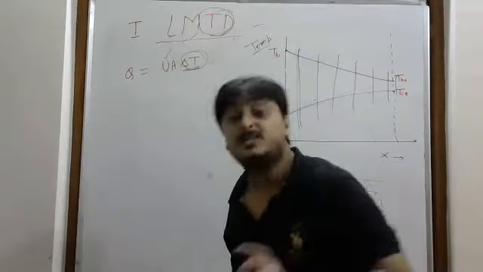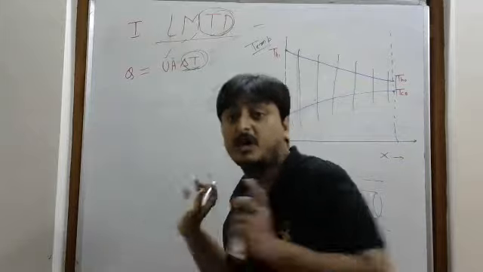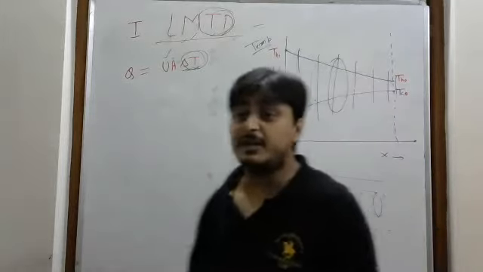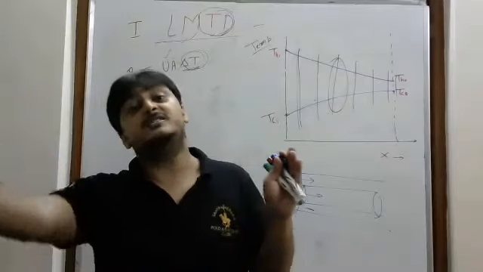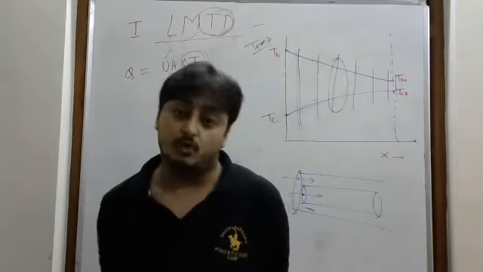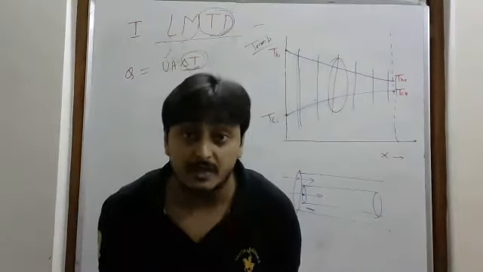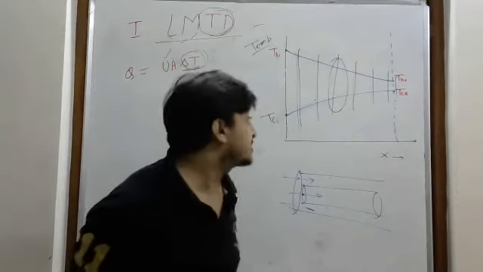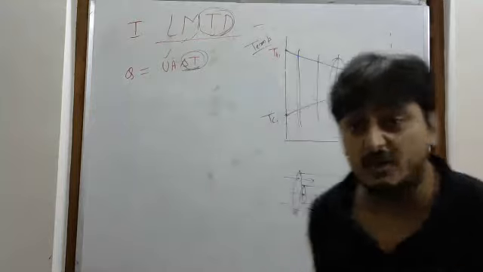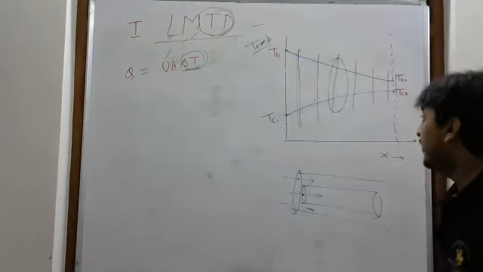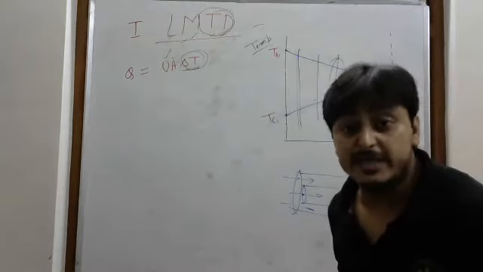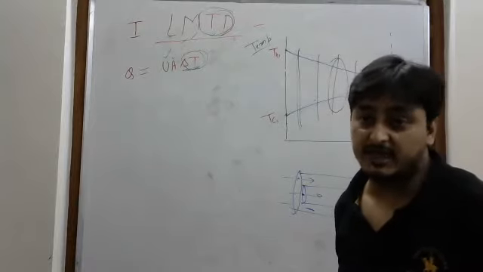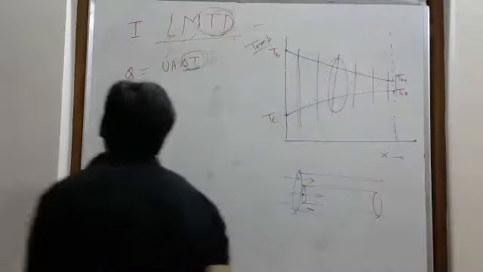We will find the logarithmic mean of temperature difference from the analysis, from the derivation, and from that we will take some location. Why are we finding it? Because the temperature difference is varying in the direction of the flow. So the requirement is that we need to find one temperature difference, and we understood from the problem that we cannot find one temperature difference, since everywhere it is varying. So we have to find one mean value, and that mean value is known as the logarithmic mean value. From the derivation we can say this is logarithmic mean, since it comes in the term of logarithmic.